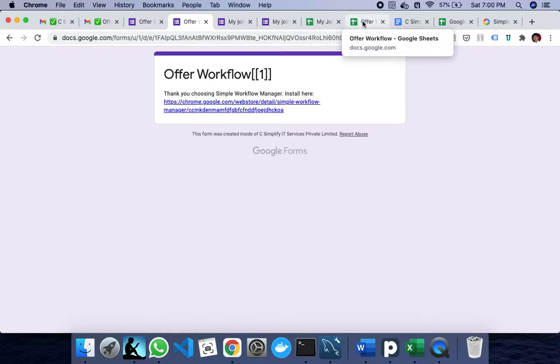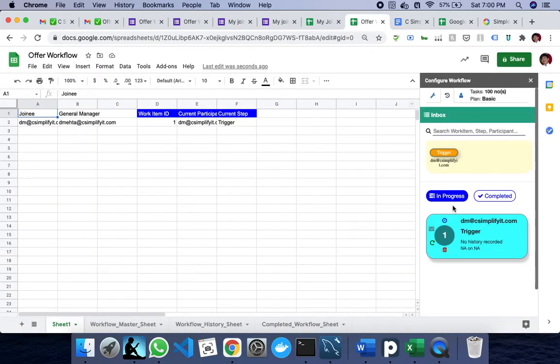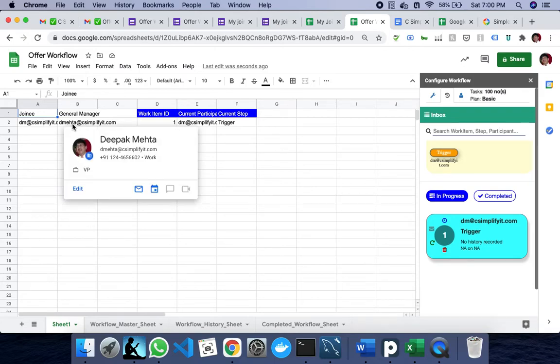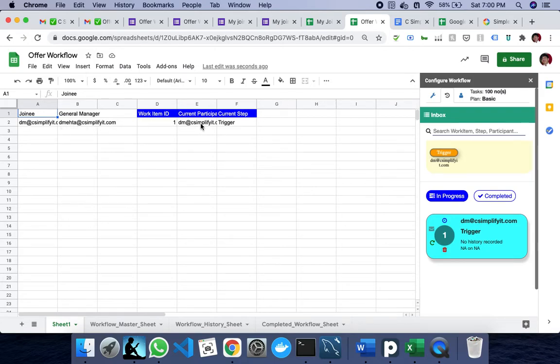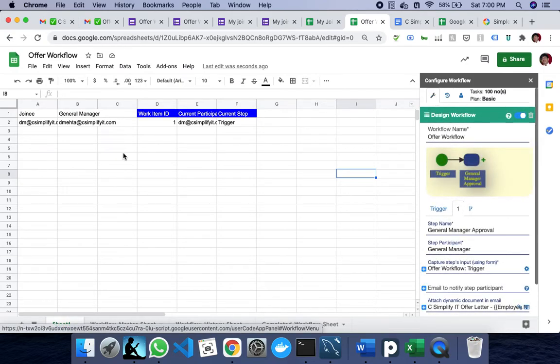what will happen is, in this workflow, once Google processes my form, it will send it to the general manager, who is Deepak D Mehta here. We have to wait a little bit so that it processes it. Typically in 10 to 15 seconds of submission of the form, it will process it.